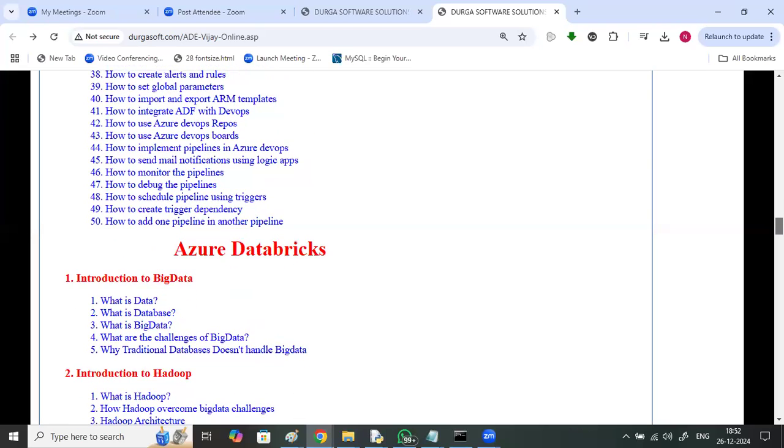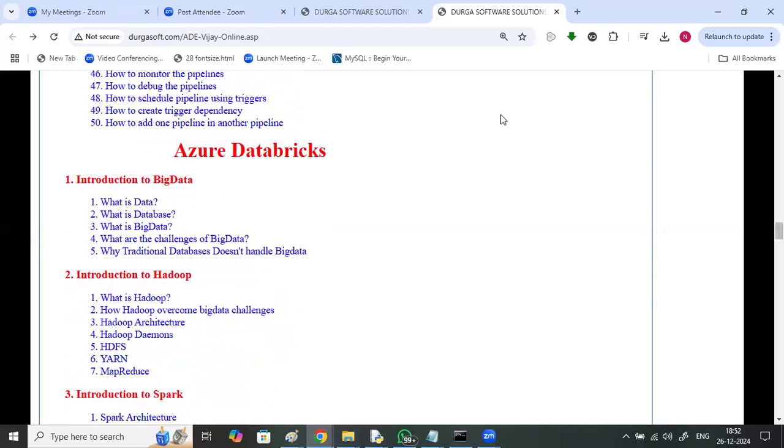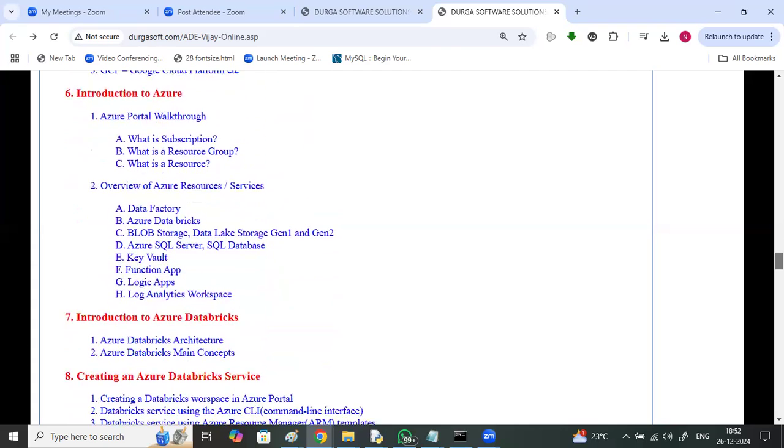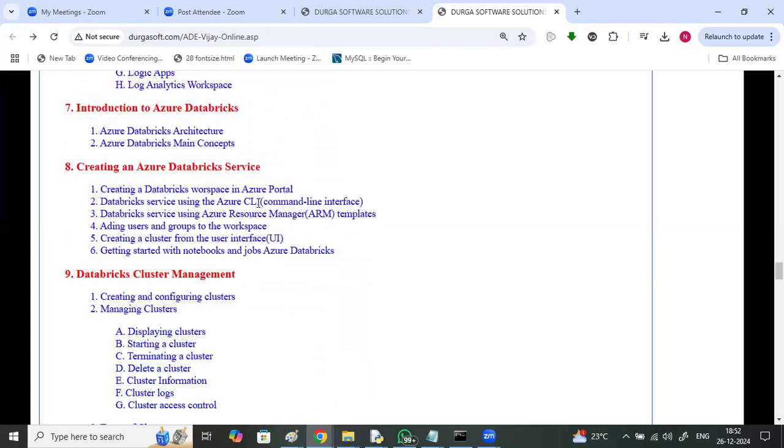Creating copy activity, bulk copy tables from files, until activity, filter, join, lookup, pivot, alter row, SCDs. Coming to Databricks, before I go with Databricks, I'll be providing you some knowledge on big data: some knowledge on Hadoop, some knowledge on Spark, and on Azure. So, an introduction to Azure, an introduction to Databricks, creating of Azure Databricks service, Azure CLI, adding users and groups to the workspace, creating a cluster from the user interface, getting started with notebooks, Databricks cluster management, displaying